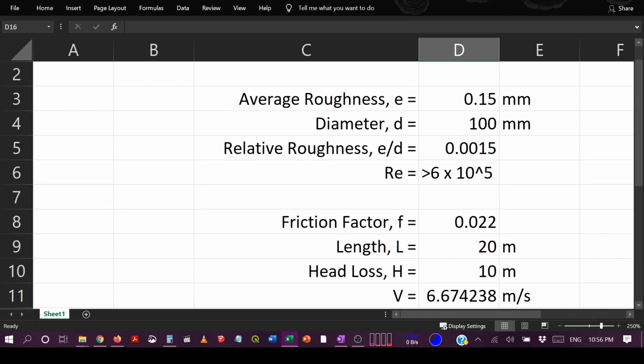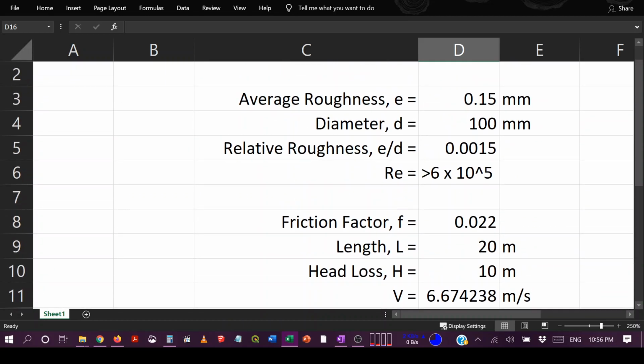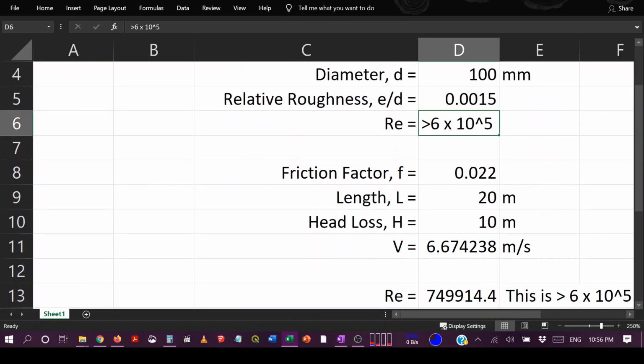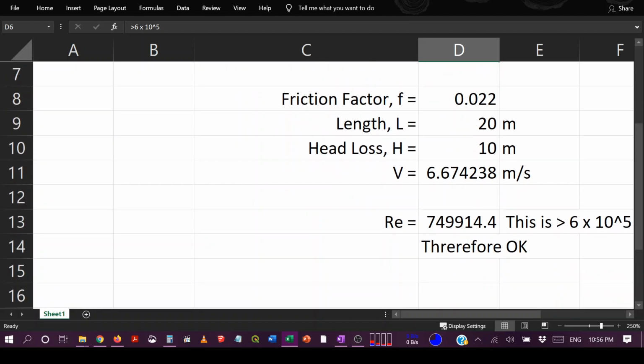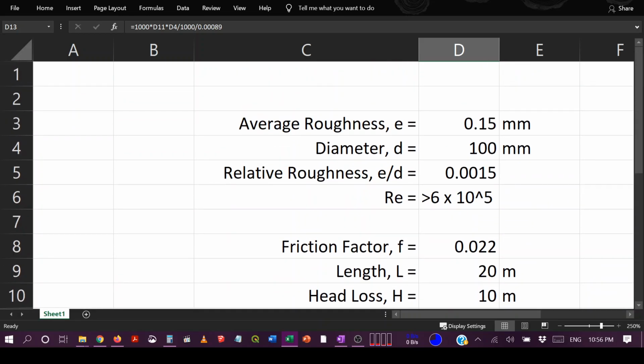But this is a simple example, and I chose this simple example because that way we don't have to do more trials. But what if our assumption was wrong? That means we have assumed some Reynolds number, but after calculation that Reynolds number was not that much. So in that case, what will happen? Let's try,